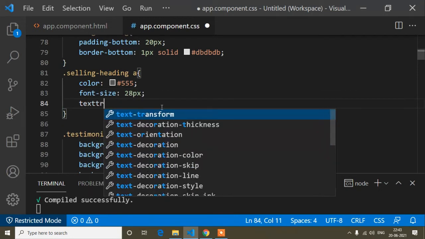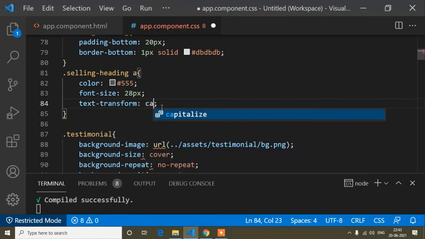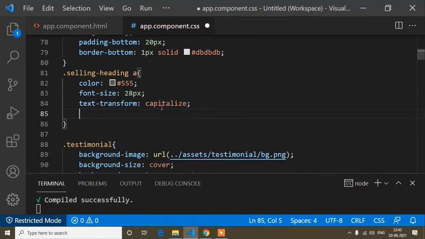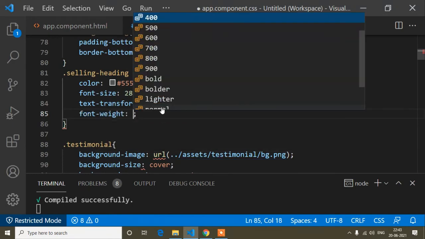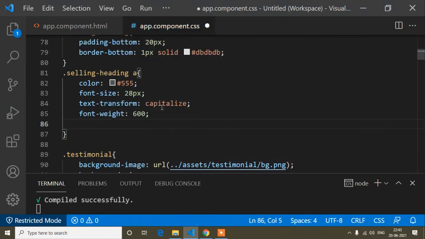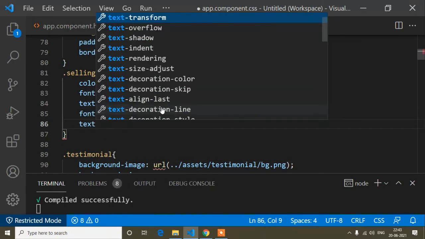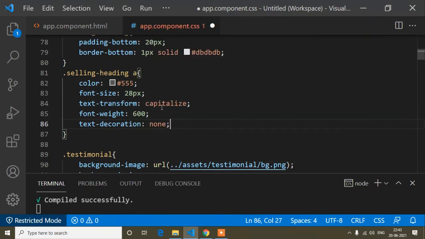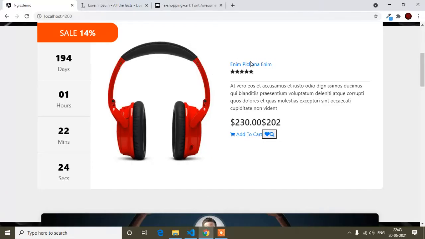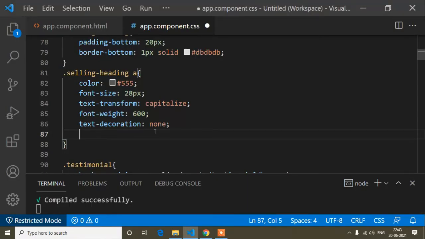Text transform capitalize, font weight 600, text decoration none, because if I hover on this you can see it's an underline, so if I write text decoration none, the underline will be removed.